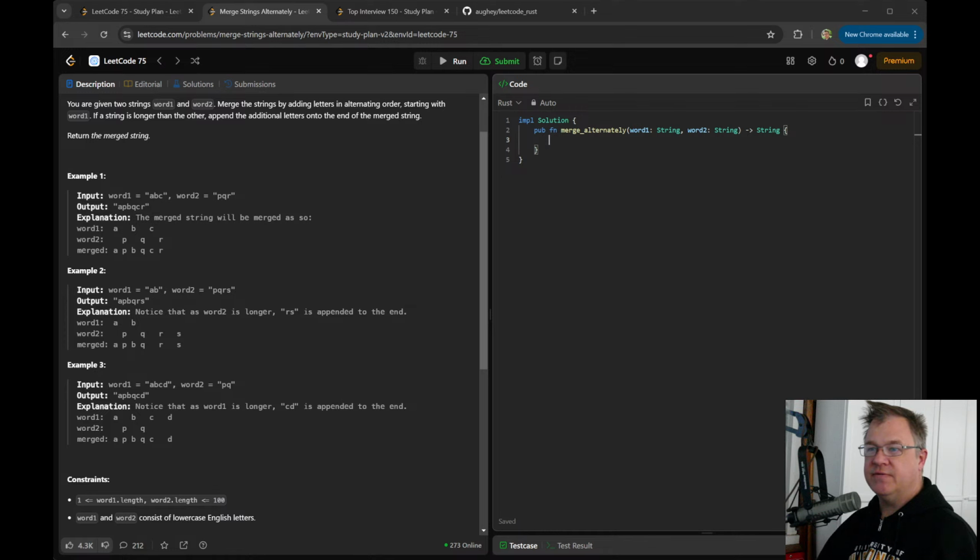I don't think we actually have tests for consuming one side or the other, so let's go ahead and add those here. So assert EQ. What's our other one here? AB. Oh, sorry, we're going to have it be APB. I just need some more real estate here. APB QRS. Solve, and we're going to give it AB and PQRS. And that should pass as well.